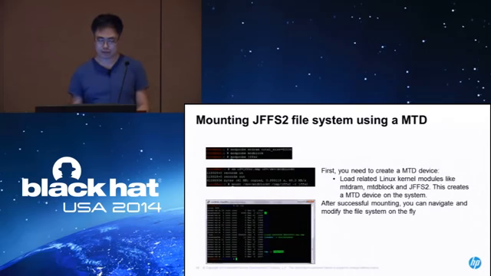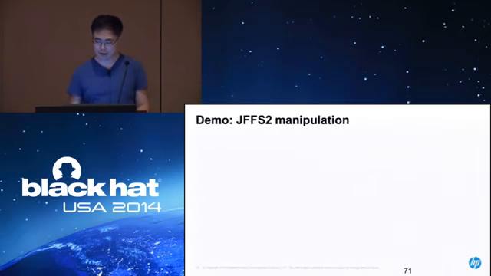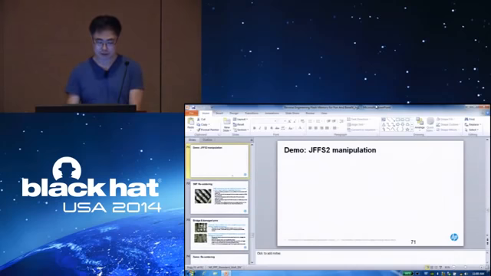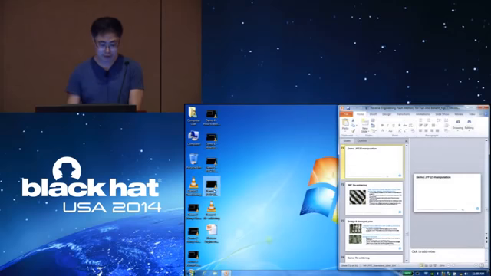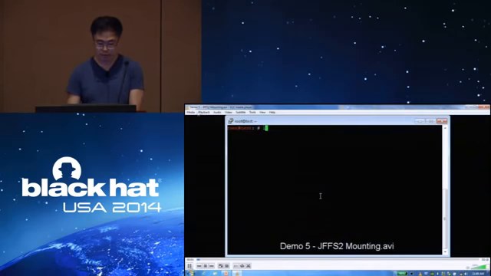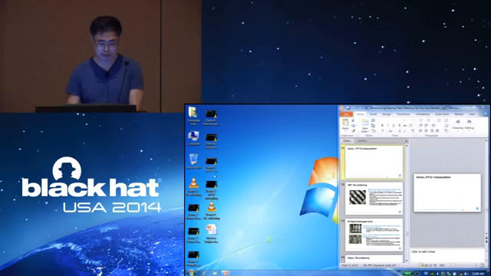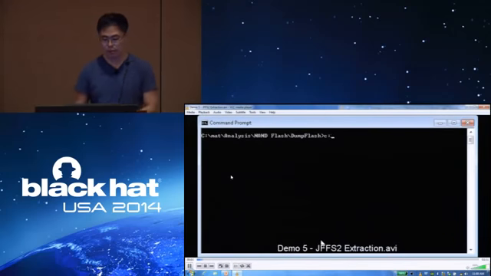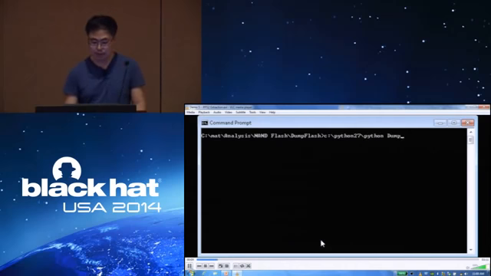So it's really easy to extract it, and you can do the same thing as what I did for the RAM disk, to mount it to the Linux system. You can modify it and so on. So there is a demo, JFFS2. This is for mounting, extraction. The NumFlash tool will support it. And Python, NumFlash, and you pass